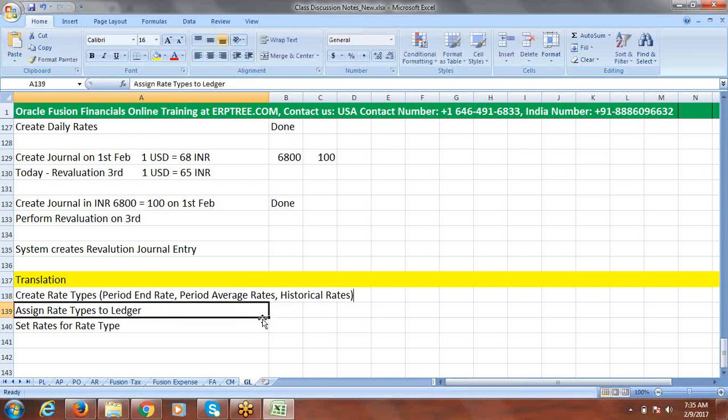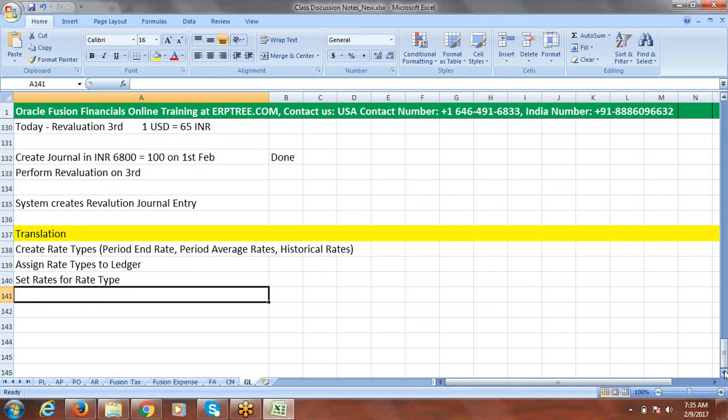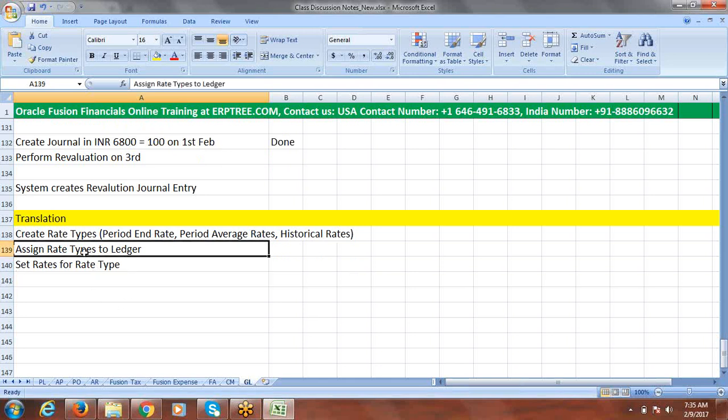Out of these three, we can assign period end and period average rates to the ledger. After that, for these three types we can go and set the rates. One more point: when you are assigning the rate types at ledger level, it's mandatory to provide the CTA account, the cumulative translation adjustment account, as per this process.